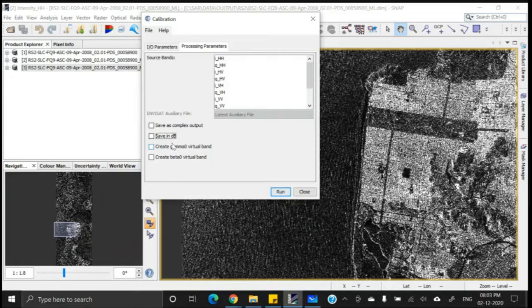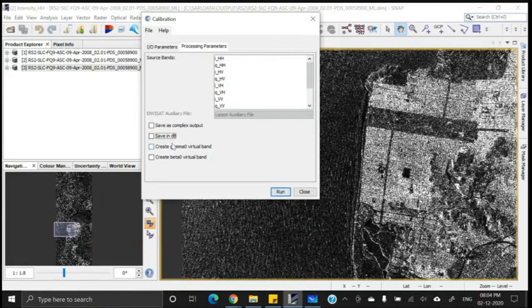Sigma naught is the backscatter returned to the antenna from a unit area on the ground. It is corrected for the local incidence angle, so it considers the local incidence angle for each and every pixel, and thus it will be in the ground range. Sigma naught is the usual measure used to evaluate the reflectivity of the surface independent of geometric effects. I mean, where the terrain is higher, where the altitude is lower, or what is the slope of the terrain. So these geometric effects will be minimized.